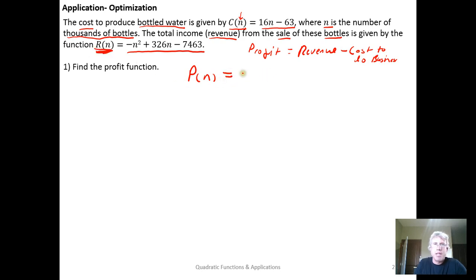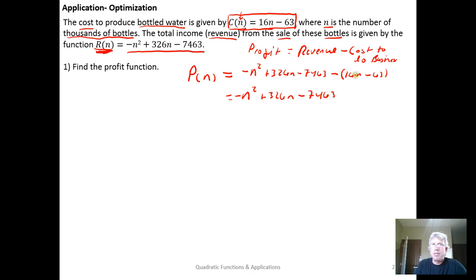So our profit model is going to be profit is equal to revenue. Revenue represents the money that you earn, negative n squared plus 326n minus 7463, and it's going to be minus parentheses minus the cost to do business, and the cost to do business is modeled right here. So minus 16n minus 63, and this is going to equal negative n squared plus 326n minus